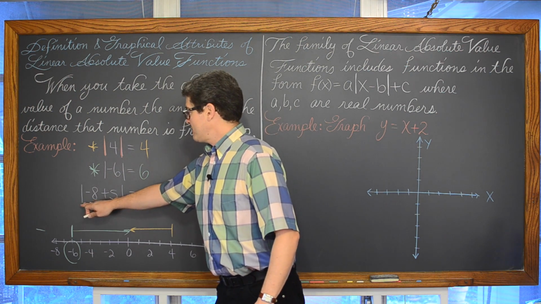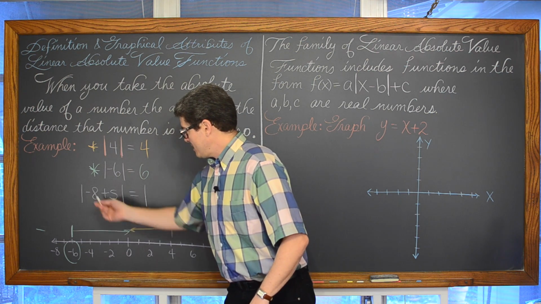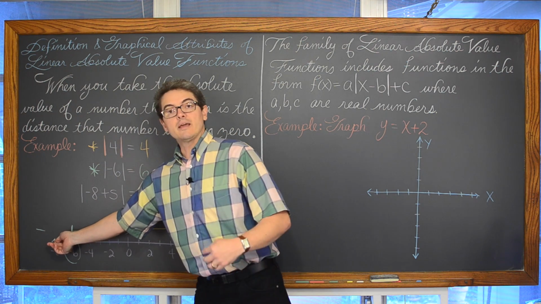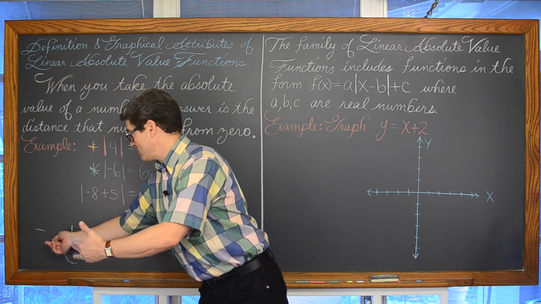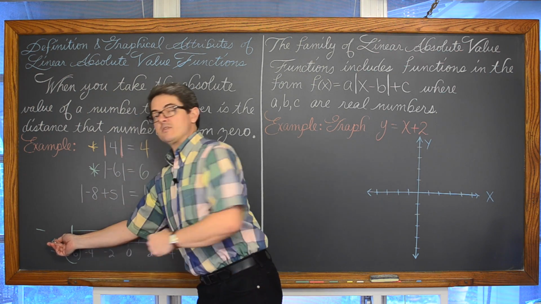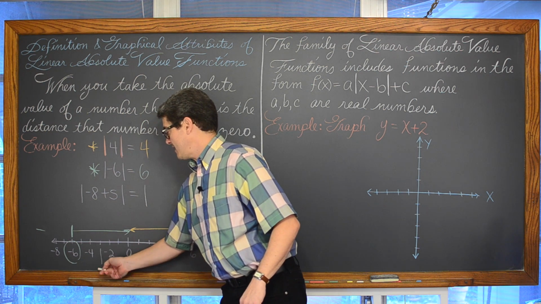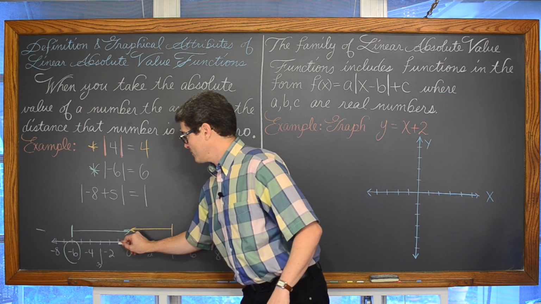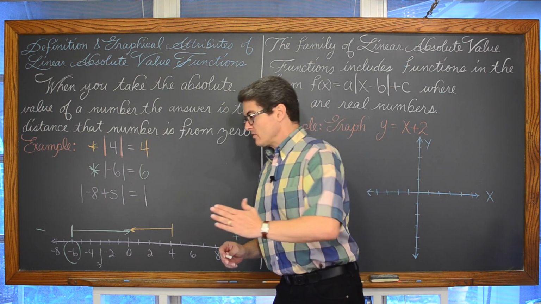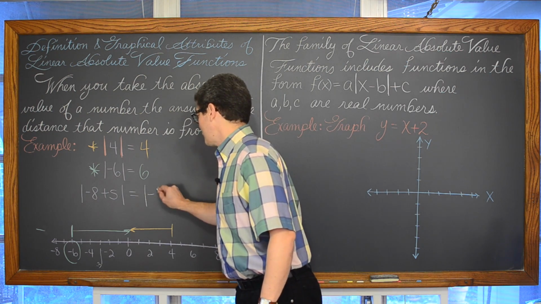So the absolute value of negative 8 plus 5. Let's go back to the number line. Negative 8 is 8 steps to the left, so here's negative 8, starting from 0, and then positive 5 is 5 units to the right. So 1, 2, 3, 4, 5 lands us at 3 spaces to the left of 0, so we're landing at negative 3, or the absolute value of negative 3.